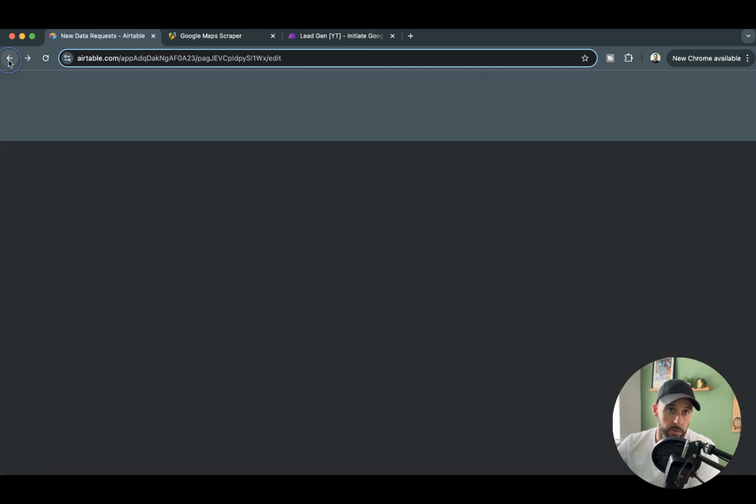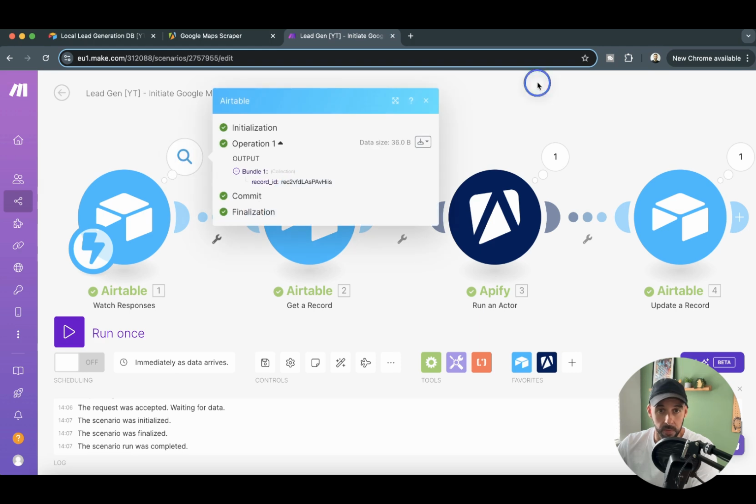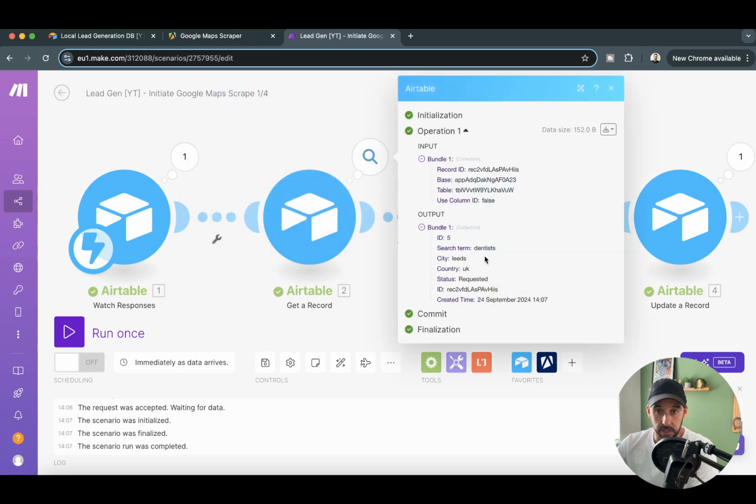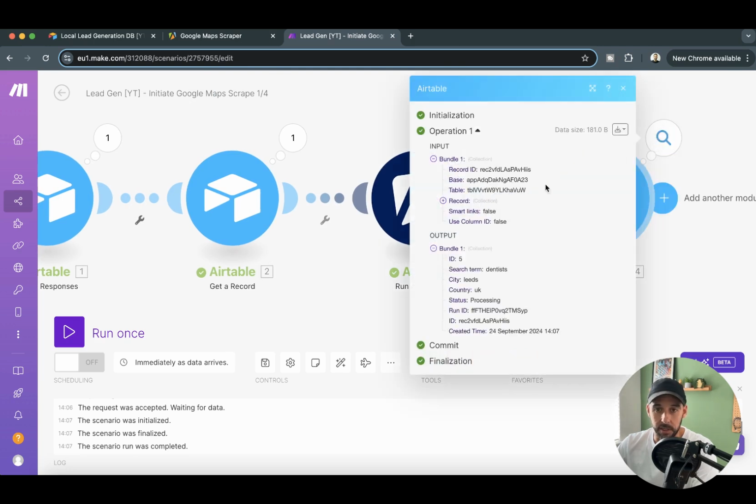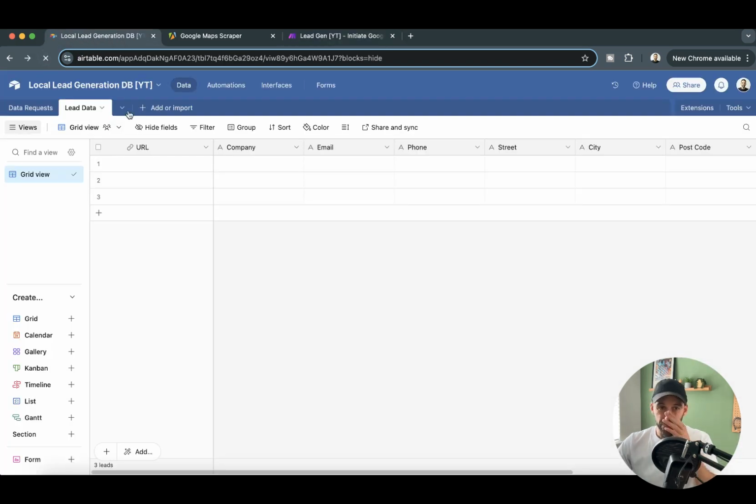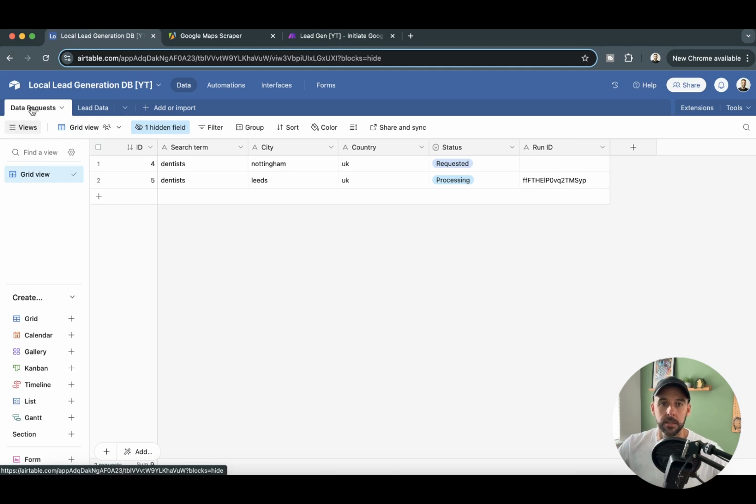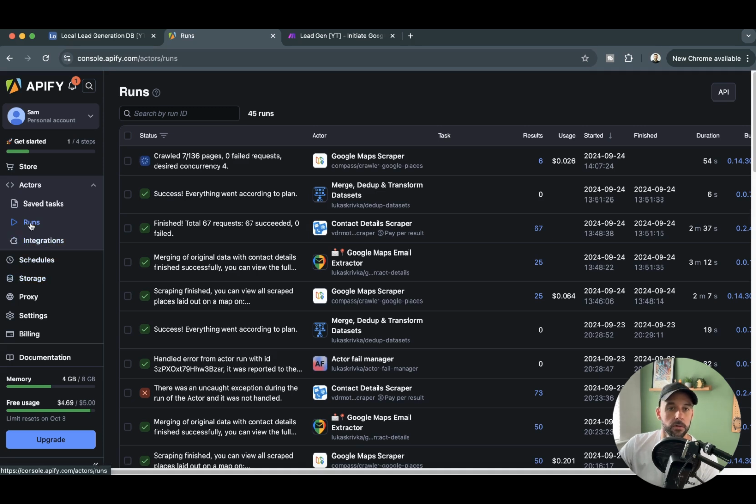which we do. Now you can see that this is running, right? So the data's come through. We've received the data and pulled it from the database, and then we've sent it through to the actor, and now we've updated our record to processing. So if I go back to the database here, to data requests, you can see our dentists and leads is processing, and this is the run ID that we've grabbed as well. If I come over to our Apify account, and if I click on runs here,